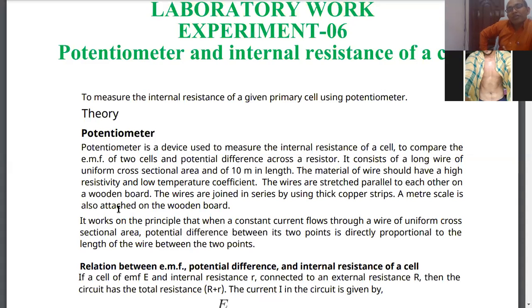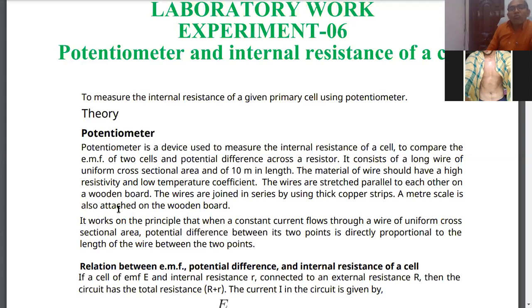First one is to compare EMF of two cells, that has already been discussed in the fifth experiment. And the second one, which is most important in context with the board examination, is to measure internal resistance of a primary cell. And